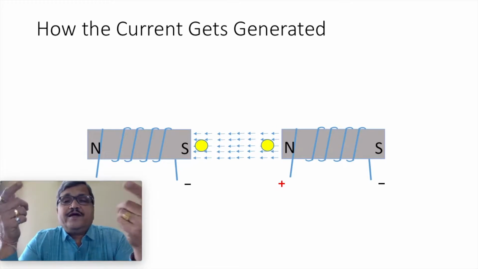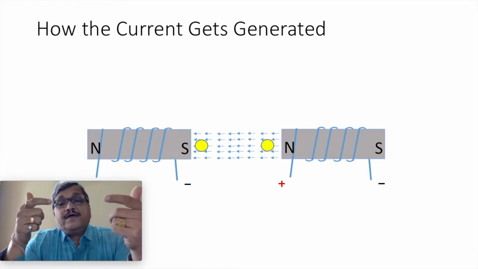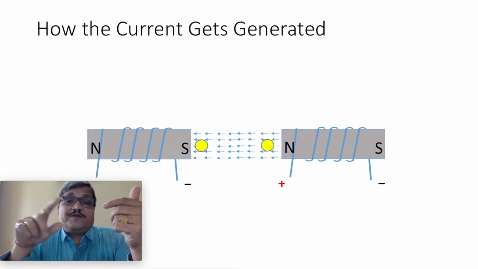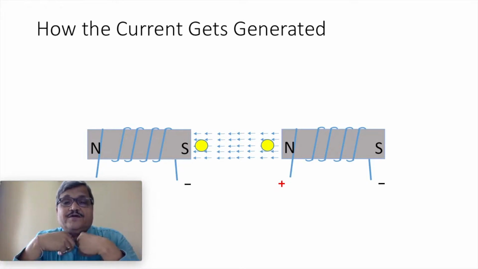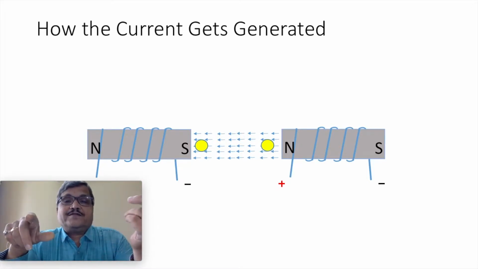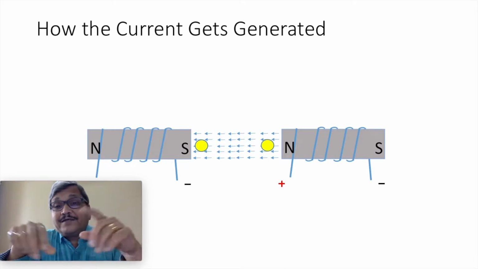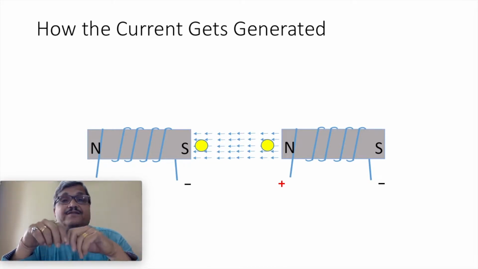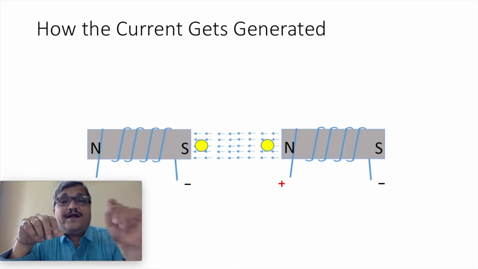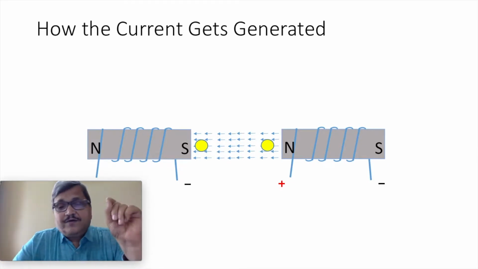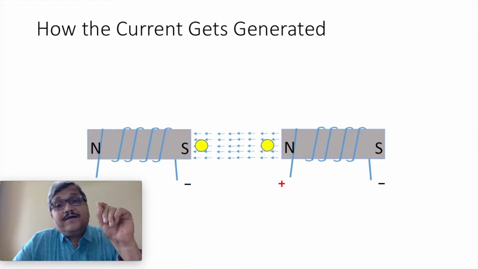Wherever we can put the North Pole or South Pole. Second choice is the movement of the conductor. That is our choice. We can either rotate it clockwise or anti-clockwise. But then what happens is not our choice. It is the rule or the law, electrical law, and it determines how the current will get generated.